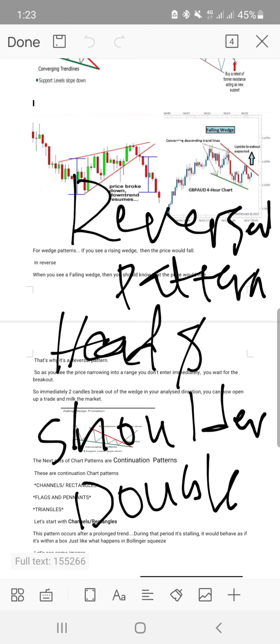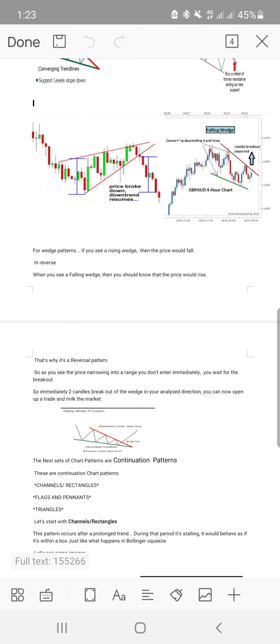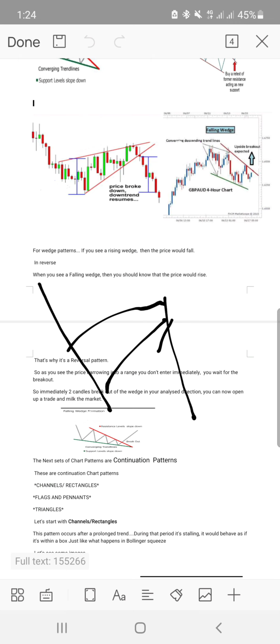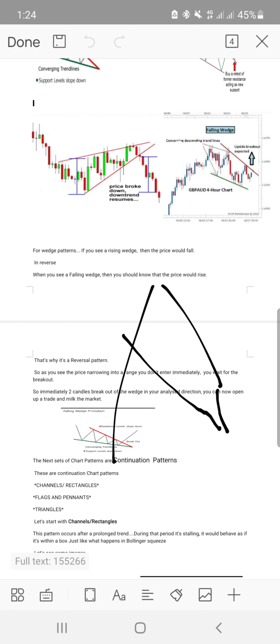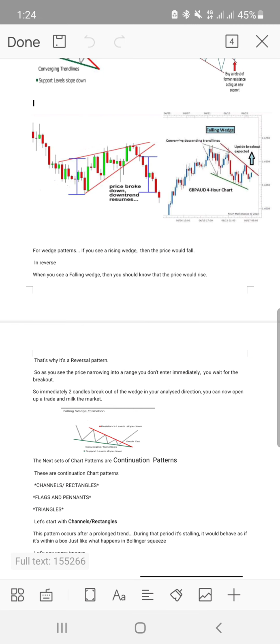We have covered rising and falling wedges. As you can see here, rising wedge that falls and falling wedge that buys, right? So we're going to cover this, and let's go to